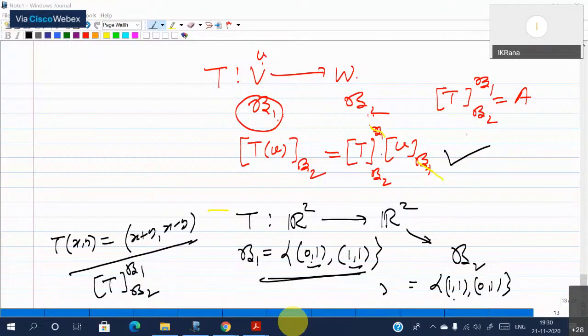Sir, we all know that translation is not a linear transformation, okay? Translation is not linear. Yes. So, sir, what concept do we use in computer graphics to translate a line from one place to another on a computer screen? Yeah. So what you use is what are called projective coordinates. Okay. There is a concept called projective coordinates. What you do is you lift the translation from R2 to a transformation in R3 using projective coordinates. And there in R3 it becomes linear.